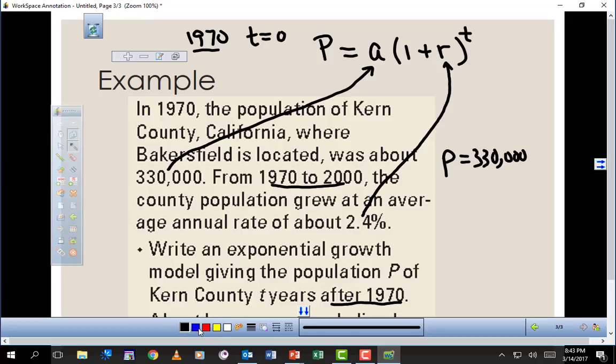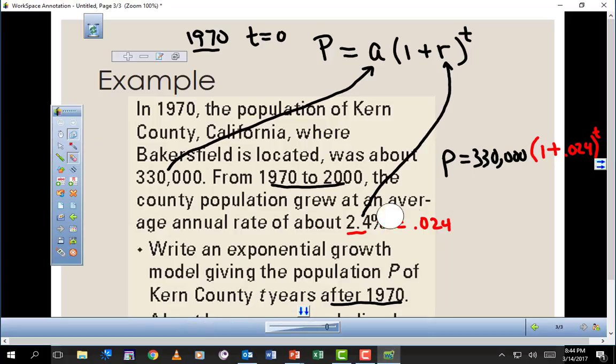And I'm going to switch colors here so we can see it. And then 1 plus, I'm going to change this to a decimal. Okay, so percent means divide by 100, so that's going to be 0.024. So it's going to be plus 0.024 raised to the t, like that. And so now what we'll do is just simply rewrite this a little bit more conveniently as